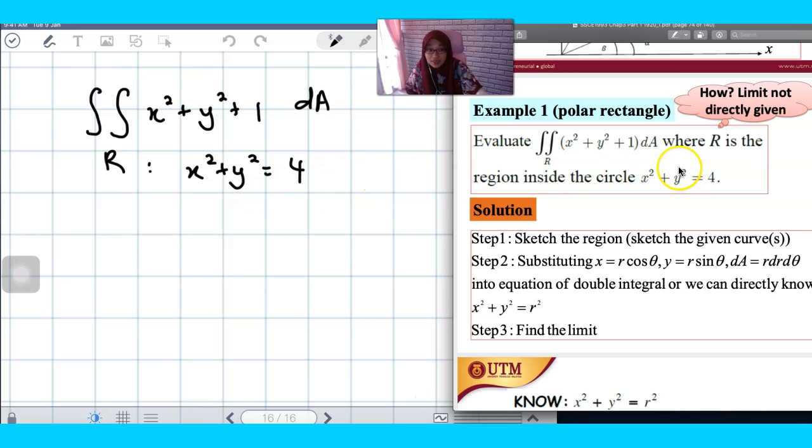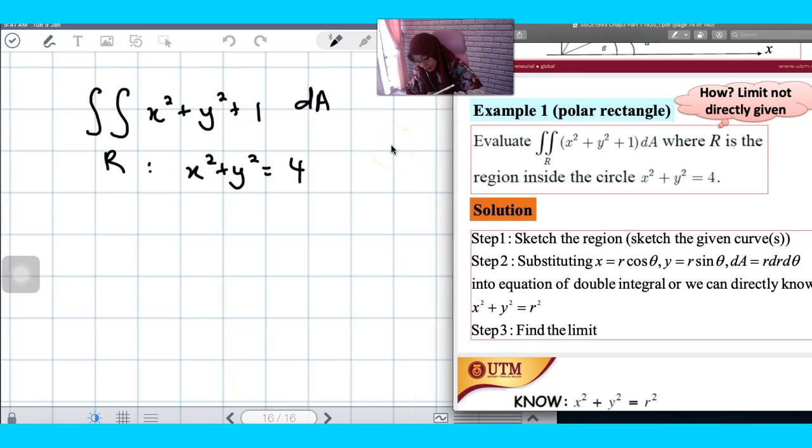But let's say they mentioned that using polar coordinate system, evaluate the given integral, then you have to. Okay, so let's say now because we want to learn how to solve this in polar,